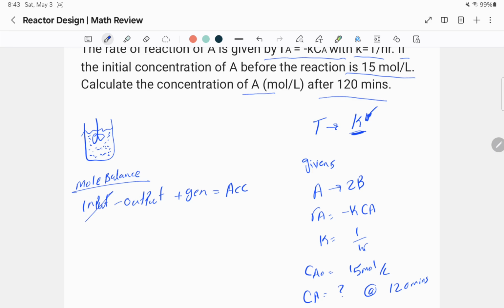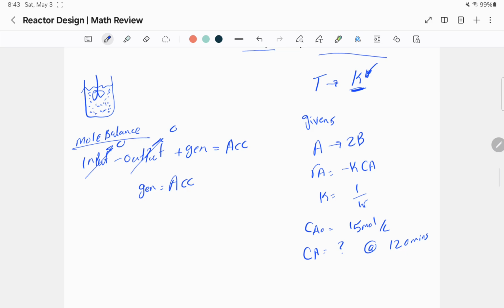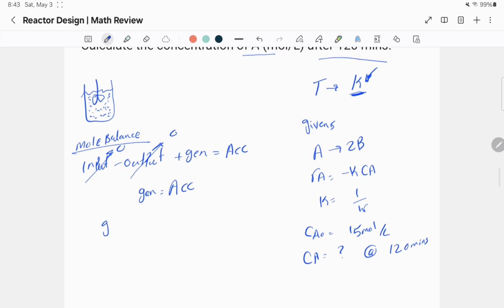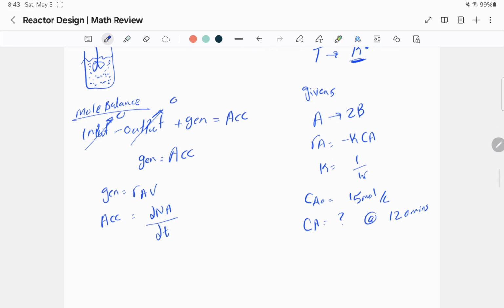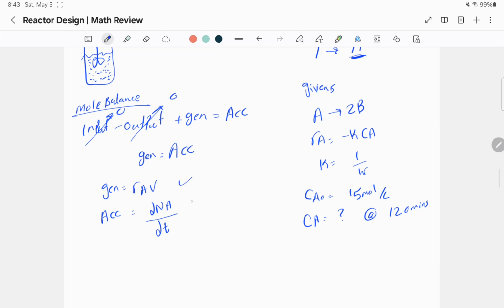Now, since there's no input or output, these two terms will be 0. We'll be left with generation equals accumulation. And from the previous video, we know that generation equals rate of reaction times volume. Accumulation equals the change in moles over the change in time. We'll sub these two terms into our original equation,